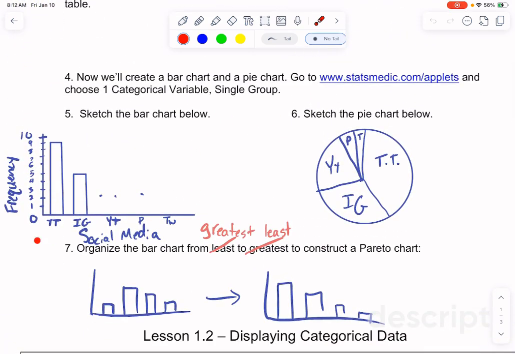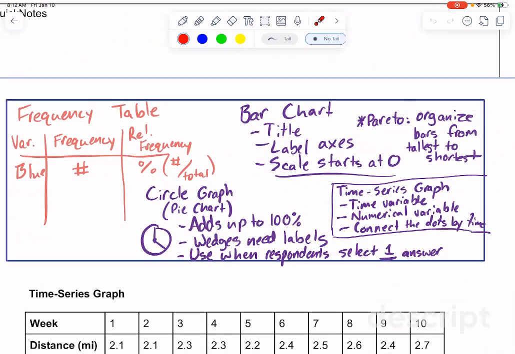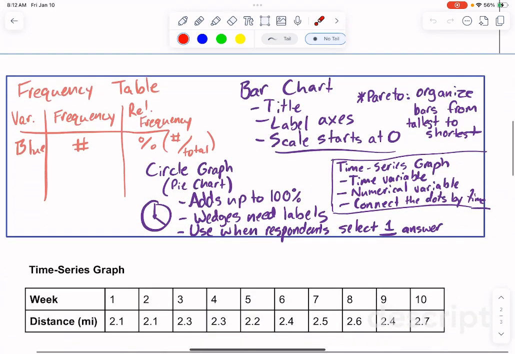That's something that I skipped over. So like on last semester's bar chart, we had 0 at that bottom corner, and then we went up to like our maximum bar. Pareto chart, that is just organizing our bars from tallest to shortest. So not least to greatest as we did initially. Goes from the tallest bar down to the shortest bar.